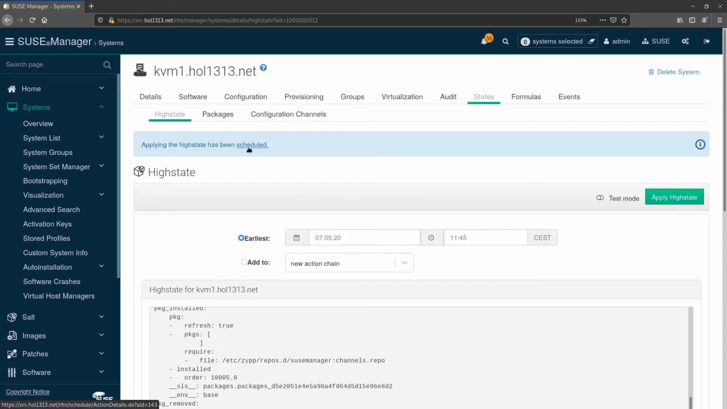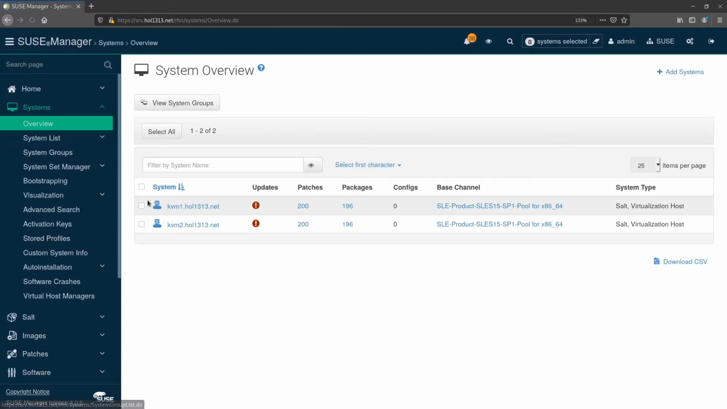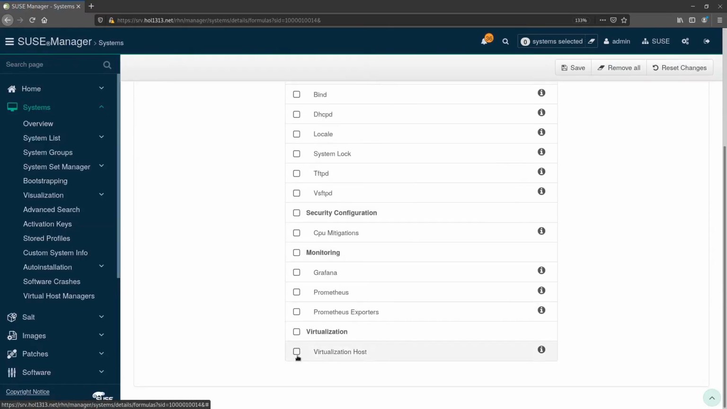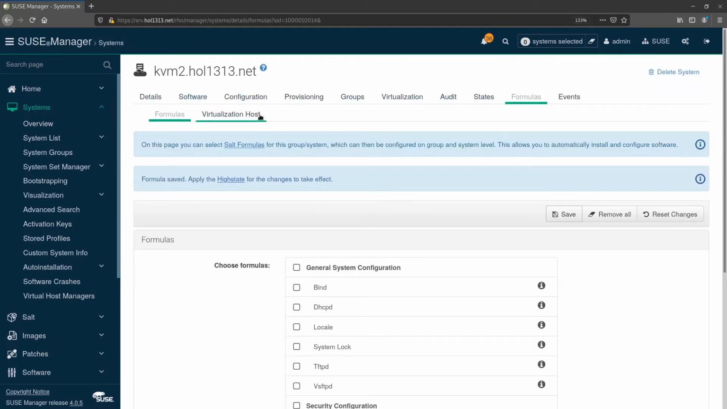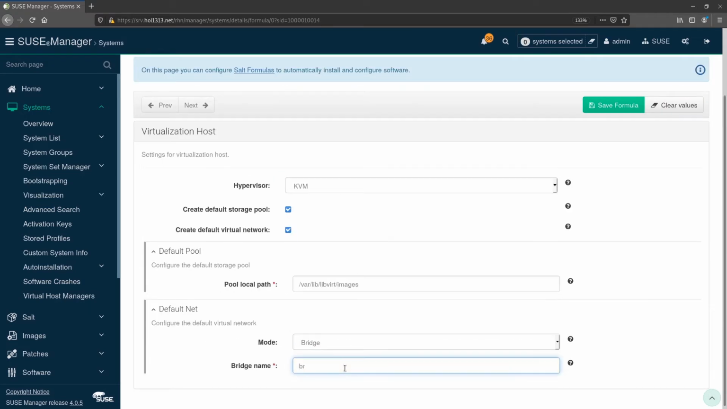Can follow what is happening here and wait for it to happen. So now the system has been completed. Can go to the next one, KVM2, and do the same. Formulas, virtualization host, save, then visit the formula virtualization host, select the bridge network, save,